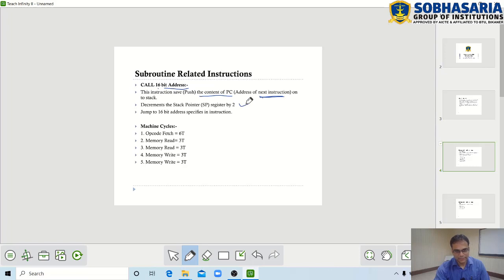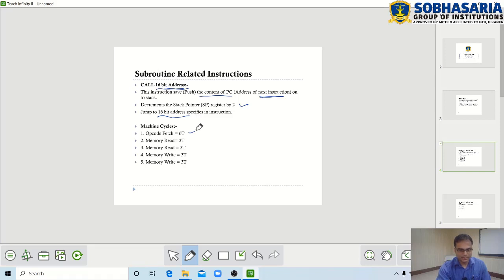This is the reason that during the call instruction the stack will be used and the stack pointer will be decremented by 2 because of the push operation, and then the execution will be transferred to this 16-bit address and execution will jump to this address.